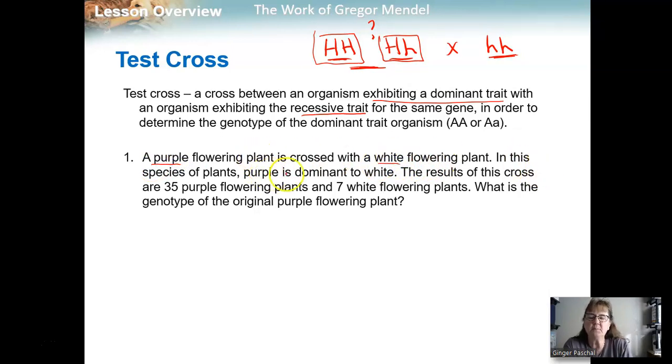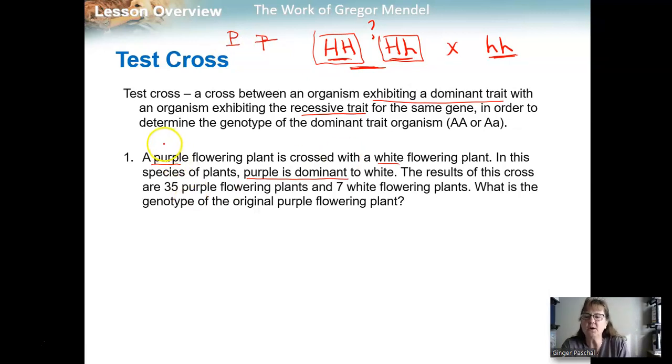So in this species of plant, purple is dominant to white. So if purple is dominant, we're going to use the letter P. Now the letter P can be somewhat dangerous to use. If you have a capital P, you should write it this way. If you have a lowercase p, you may want to put a line underneath it. As a matter of fact, with a capital, you might want to as well, unless you have lowercase p's around